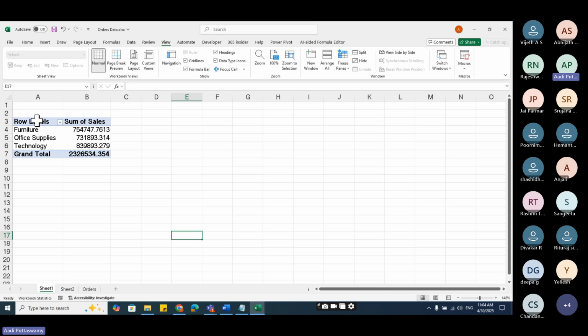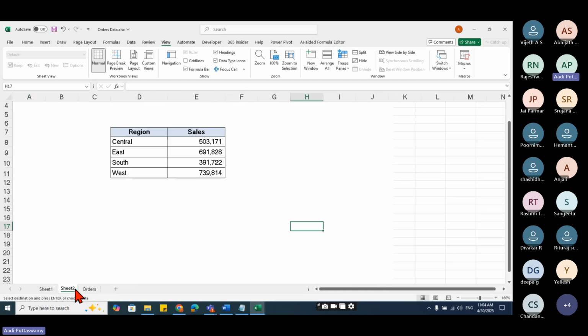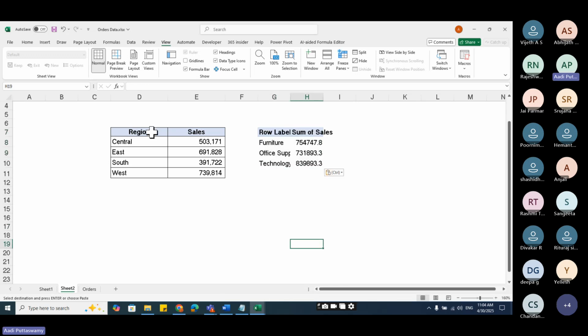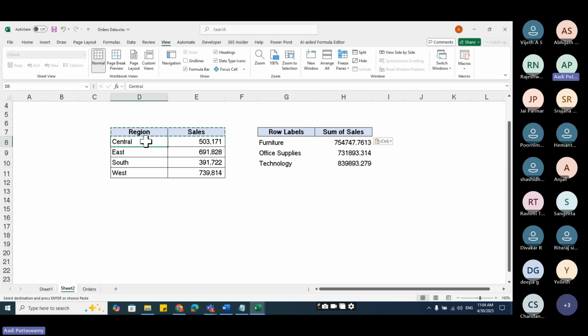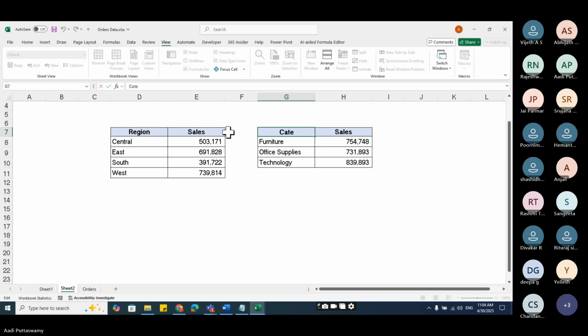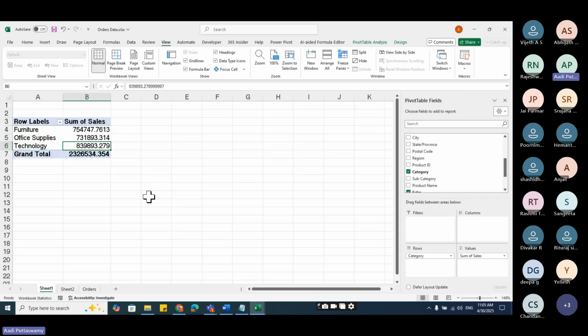Let me go here. I'll just copy this now and paste it just next to this. And then I want to format it. See how quickly I can do the formatting. Okay, select this. See, shortcut keys. Don't worry, for shortcut keys also I have a video. I'll send you. Okay. Done. So anything you want to do by this pivot table, within a few minutes.